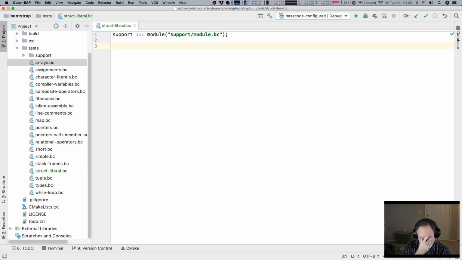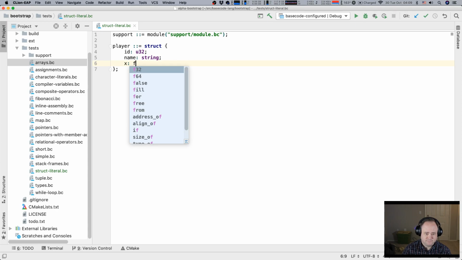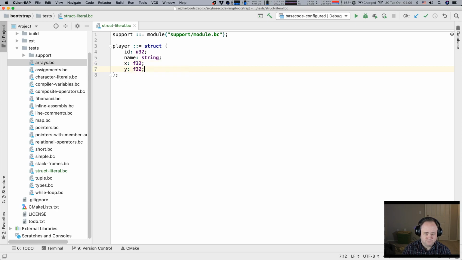We have struct literals, and I was talking about those yesterday. So what would a struct literal be? Something like that, right?